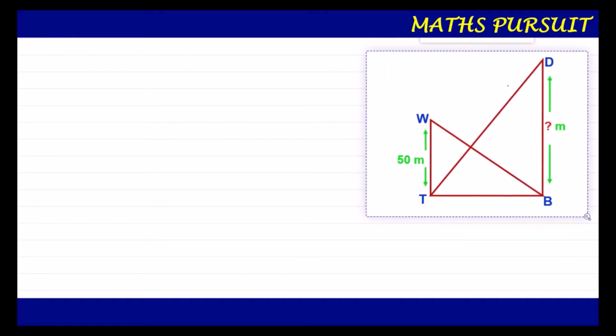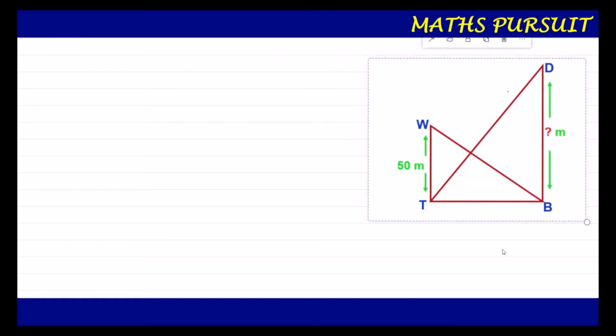Let us first of all go through the question once more. The angle of elevation of the top of a building from the foot of the tower is 30 degree. So what is being given? Let's see which one is the building and which one is the tower. Let TW be the tower. From the diagram, one side is TW and the other side is BT.